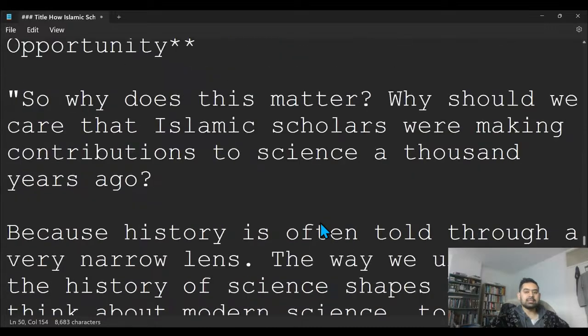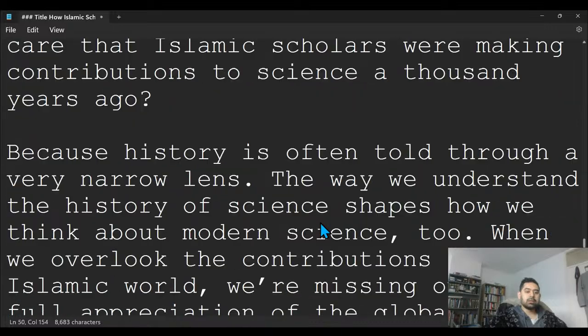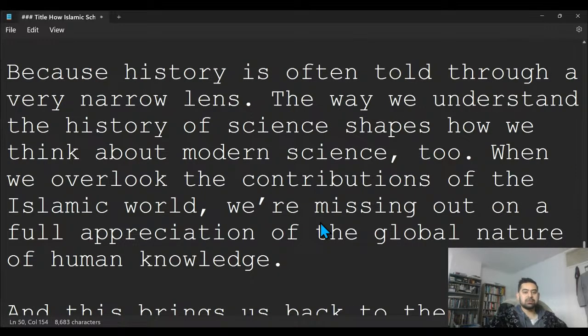A hidden legacy and a missed opportunity. So why does this matter? Why should we care that Islamic scholars were making contributions to science 1,000 years ago? Because history is often told through a very narrow lens. The way we understand the history of science shapes how we think about modern science too. When we overlook the contributions of the Islamic world, we are missing out on a full appreciation of the global